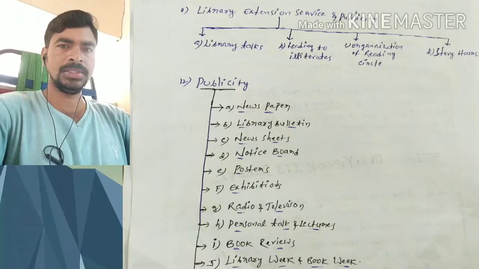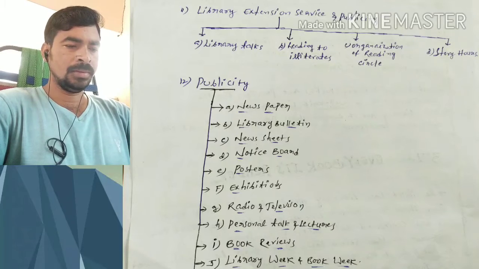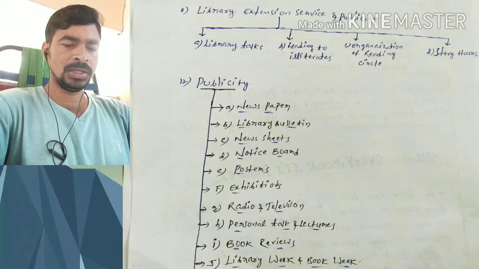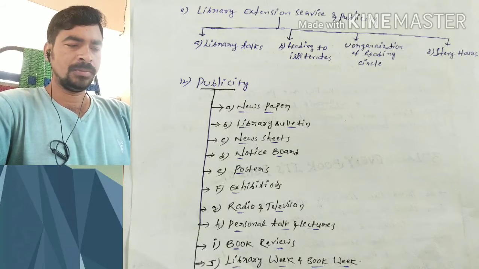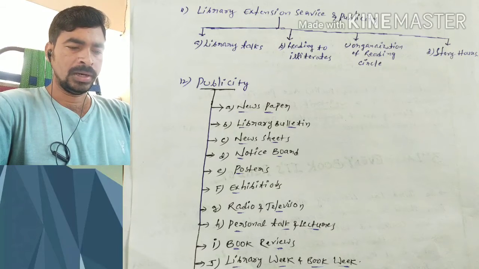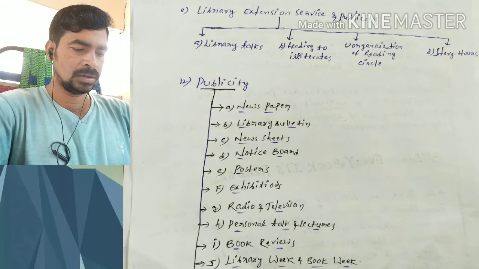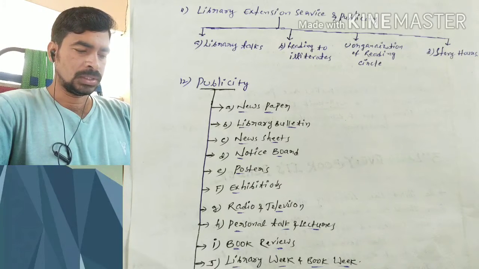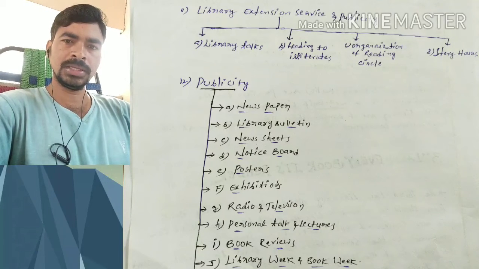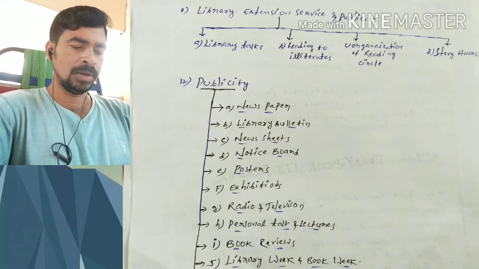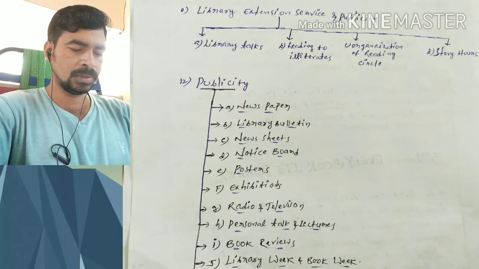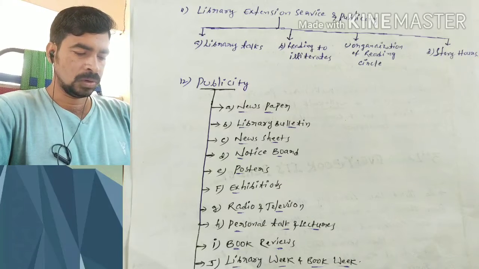Library extension services and publicity. Library extension services and publicity, totally 4 sub implications are here. Library talks, reading to illiterates, organization of reading circle, story hours. Next, 12th one, publicity. Publicity has 10 sub implications here: newspaper, library bulletin, news sheets, notice board, posters, exhibitions, radio, television, personal talk and lectures, book reviews, library book